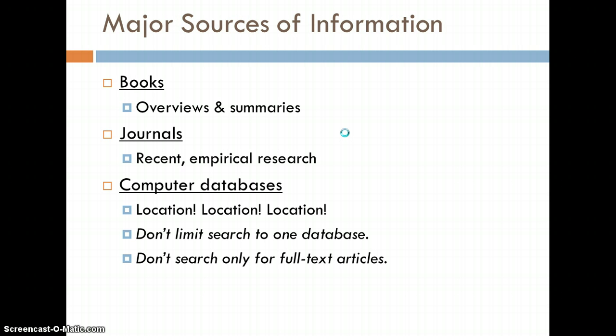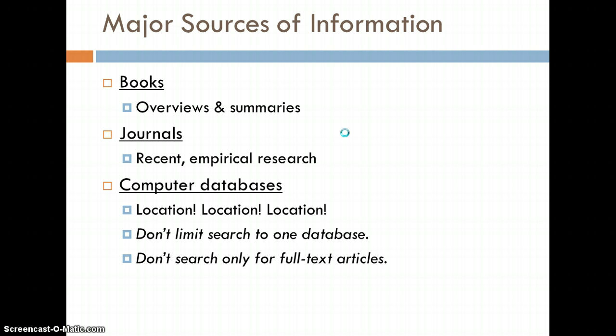So where do you go to find information? Some of this you probably did in middle school, when you went to the library and the librarian gave you an overview of where to find things. Definitely books. Books are a good starting point. They usually give a really in-depth perspective, with a lot more conceptual framework buildup than you would get from other sources. They often provide huge summaries of relevant research and theory, and they're really good at giving you an extensive account of whatever topic you're interested in.